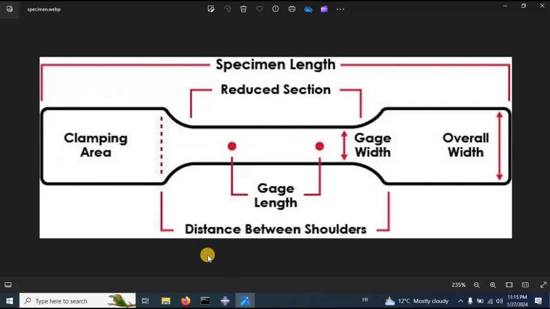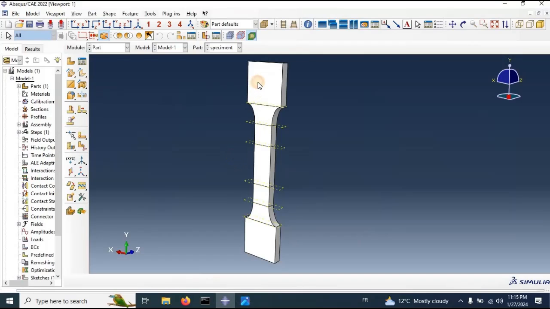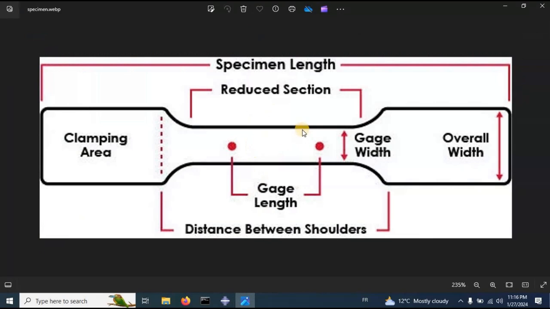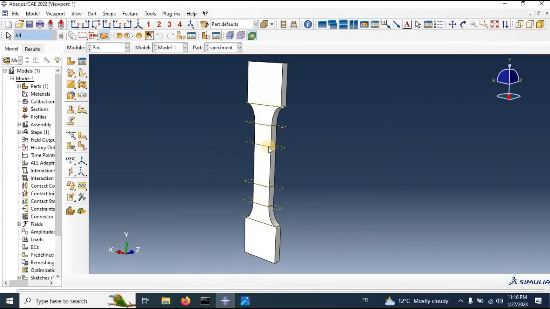We have clamping area represented in the top cells and the bottom cells, and gauge length represented by these two partitionings. We need to create two sets in this zone. The first one, the first gauge, and the second one, the second gauge,